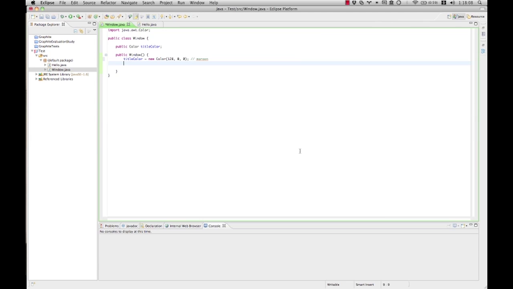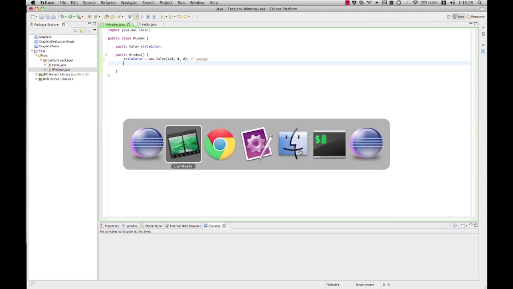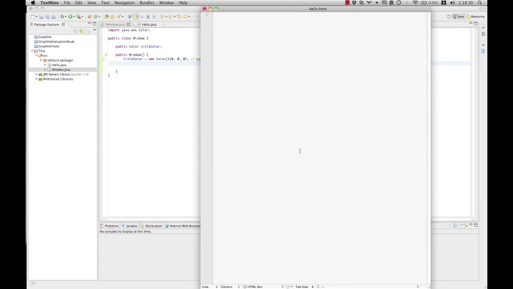So let's actually build a palette of our very own, a sort of hello world palette, and go through that whole process. It's actually quite easy. And one reason for that is because palettes are actually just web pages. They're written in HTML, JavaScript, CSS. You can do anything you can do inside a browser. So let's make our hello.html page